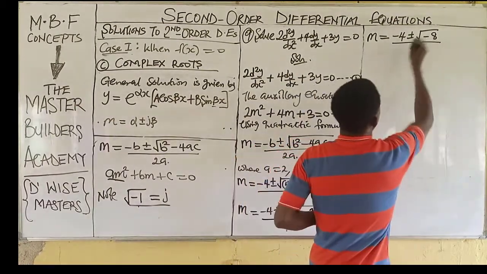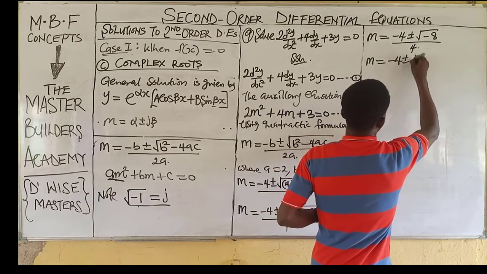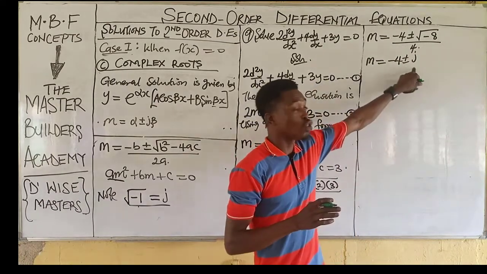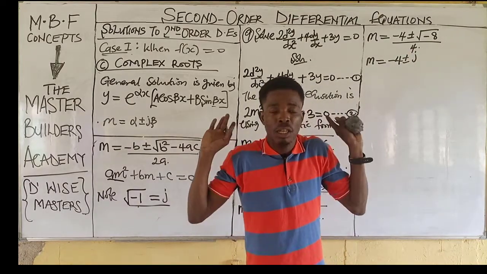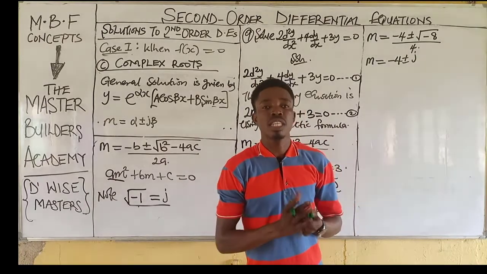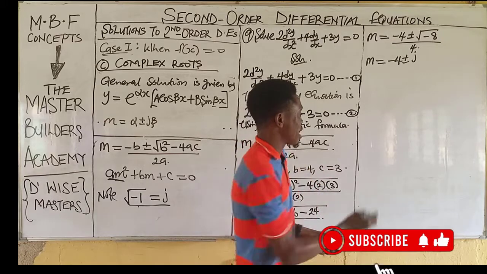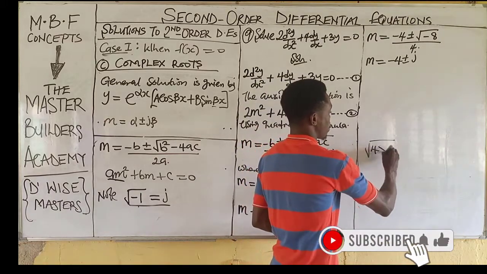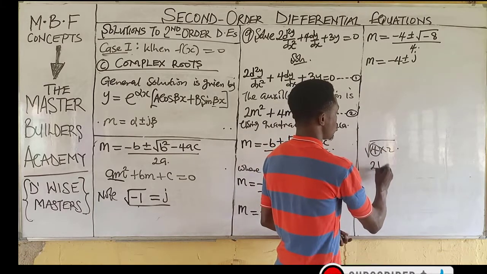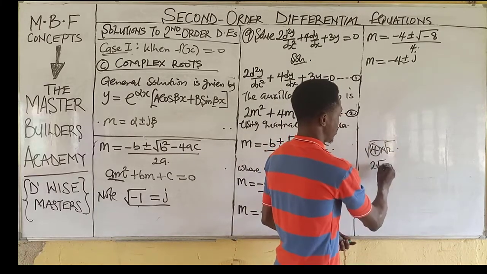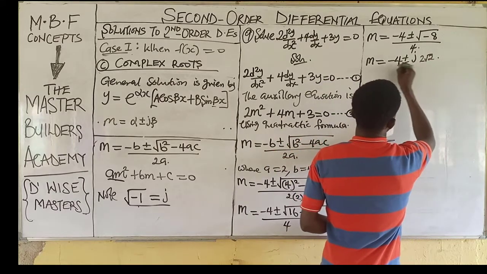Okay? So at this point, all I need to do is to have minus 4 plus or minus. I have already removed the negative sign by introducing the imaginary sign. So all I have there now is root 8 without the negative sign. What is root 8? Root 8 is 2 root 2. You can work it out with your calculator, or better still, work it out with solve. 4 multiplied by 2. I need a perfect square. And the square root of 4 is 2, while I have the root of 2 left. So this would have given us 2 root 2